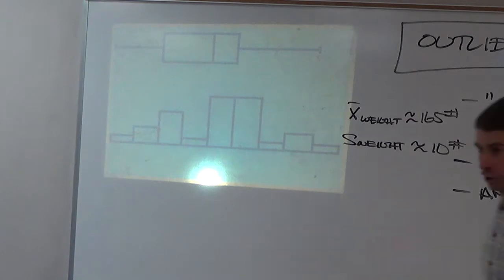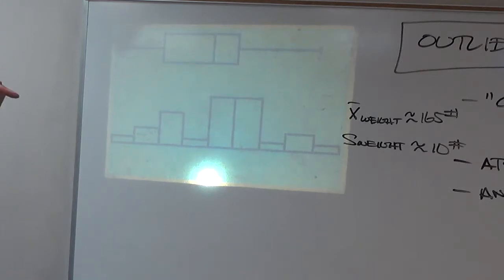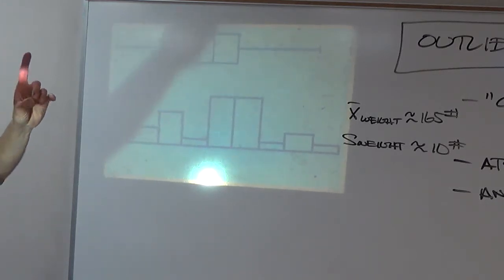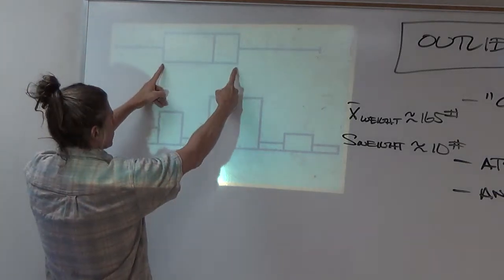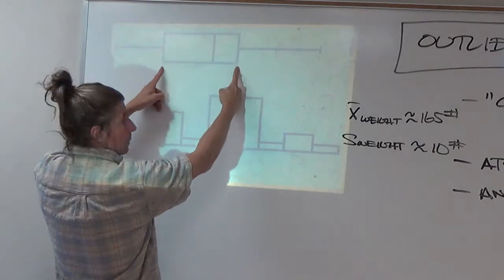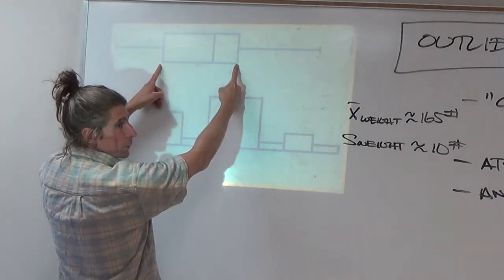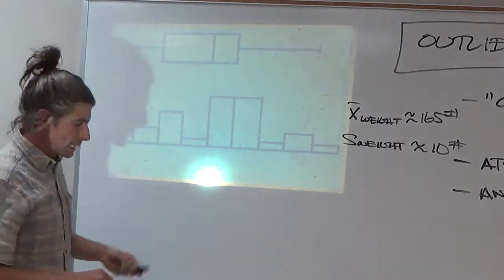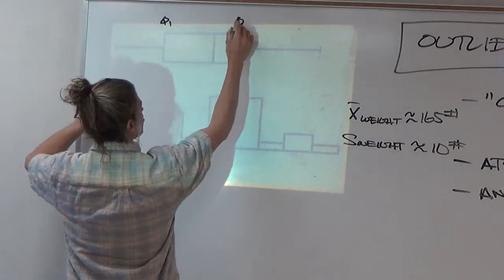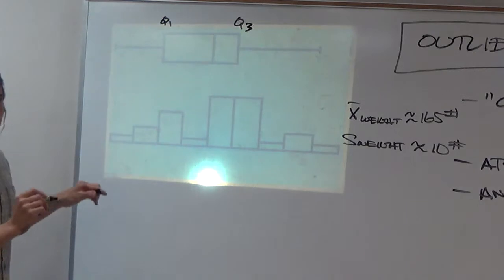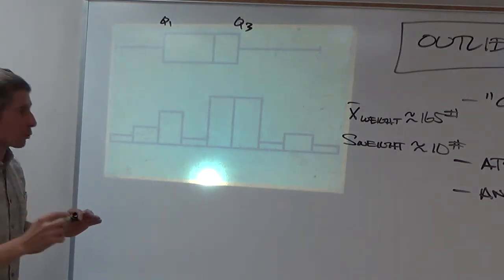So now, the question is, what trick did I do in class on Thursday to figure out where the outliers were? Well, here's what I did with my, did I show you with my hands what I was doing? I went like this. I figured out the middle of the box. This right here, this distance between Q1 and Q3, this is Q1, yes? This is Q3. The distance between Q1 and Q3